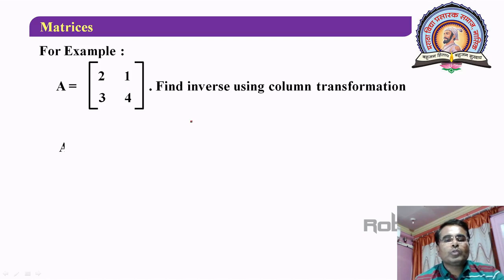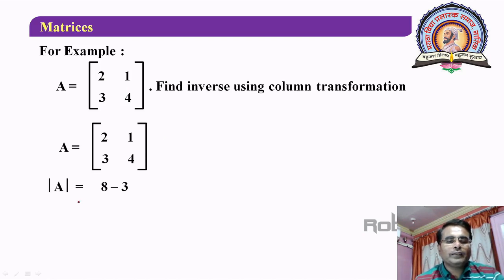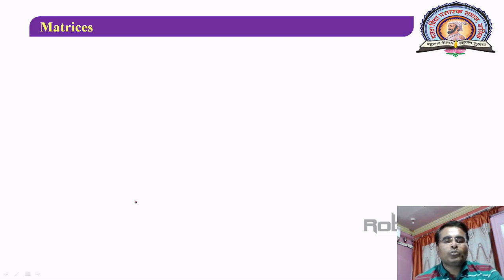Okay. So let us now consider the example. Here A is equal to the matrix 2, 1, 3, 4. So consider its determinant. Again, the inverse is possible if and only if it is non-singular. Here the product of these two elements is 8 and the product of these two elements is 3. So 8 minus 3 is 5, which is not equal to 0. Therefore A inverse exists, and to find the inverse, consider the equation A inverse into A is equal to I.